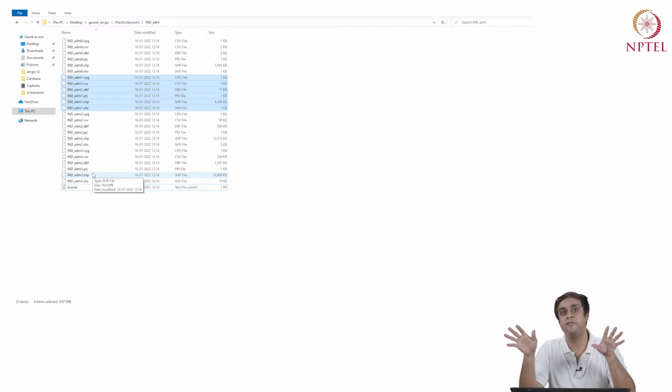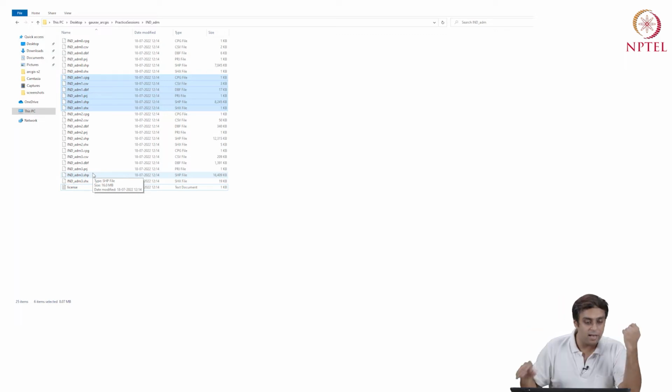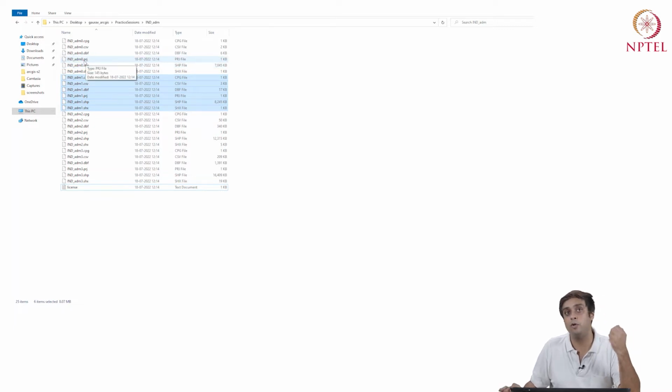When we talk of shapefiles, we don't just talk about one file. We talk about a bundle of files that come together. So shapefiles or vector data always come as bundles. What do these bundles comprise of? Well, for starters, apart from .shp, I have a file called .prj. Now, you can take a guess what .prj would constitute. It will constitute the geographic projection system, right? Geographic coordinate system. What is the projection system?